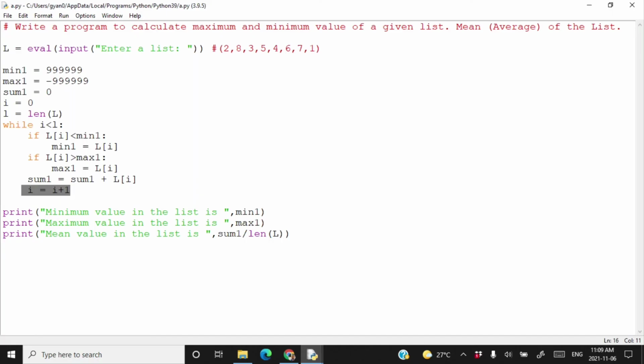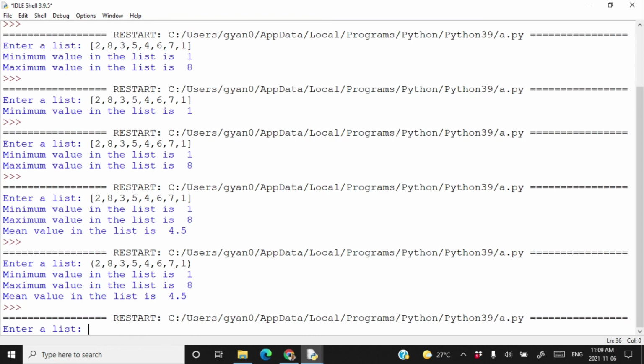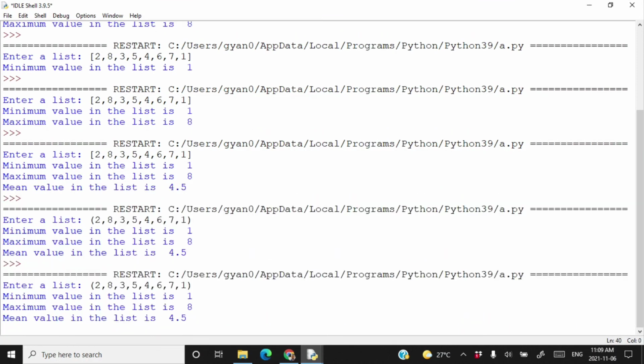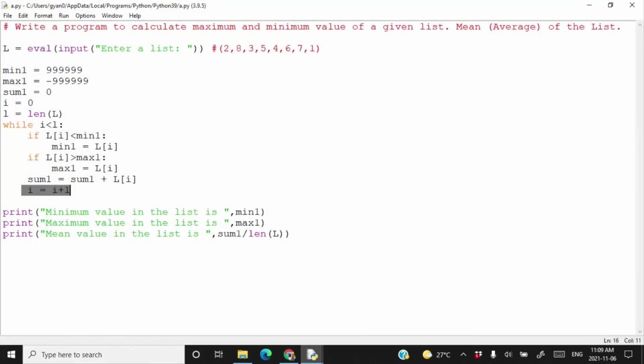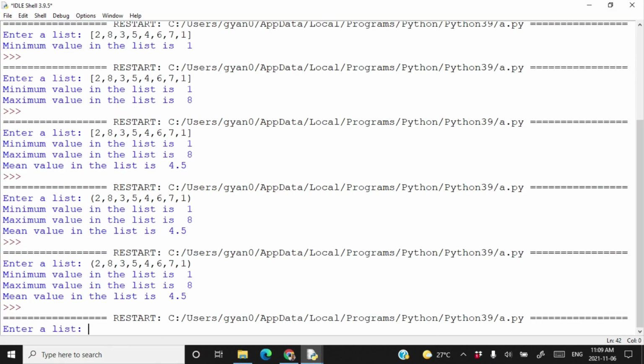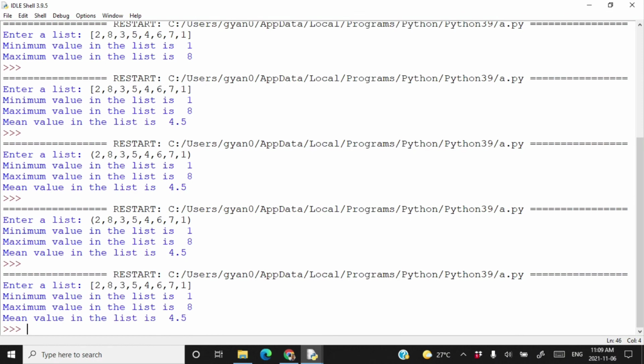So we have solved the same program by using while loop also. Run module and enter your list or tuple. As you know that the program is going to work with both list and tuple. Press enter. Here you are. Again execute it, in which we will enter a list. Paste it, press enter, and here our code is perfectly fine with list also.